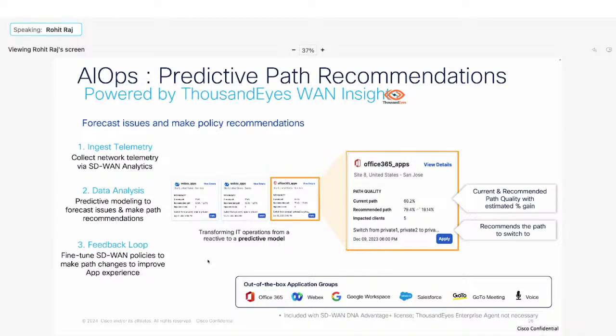What does that really mean? In simple terms, when you are using the current path for the Office 365 application in your current SD-WAN fabric, there are SLA violations happening, and based on the BFD timers that are set, it is reactively moving to the alternative path. But instead of waiting for the SLA violation to happen and then moving to the best path, what we can do with this predictive path recommendation feature is